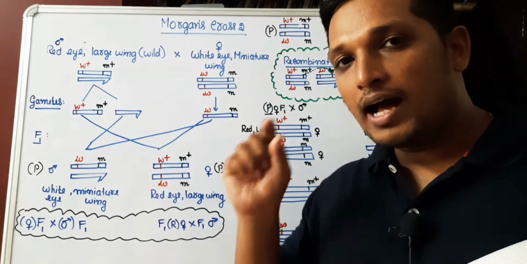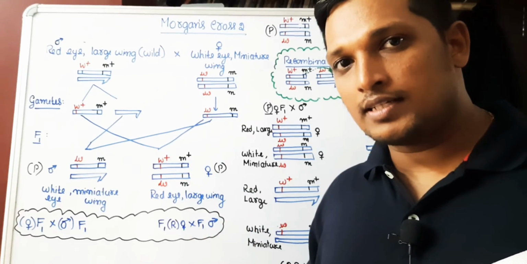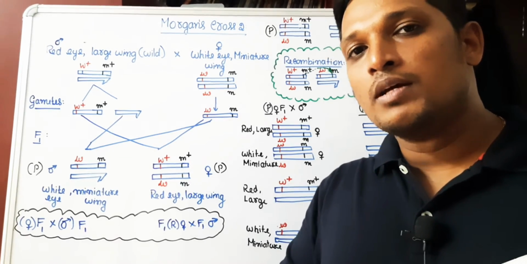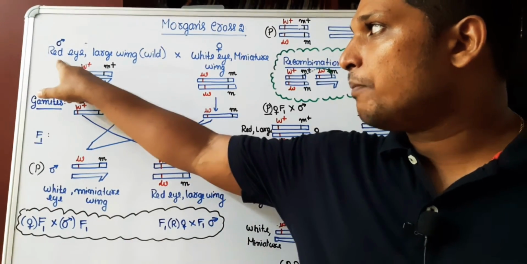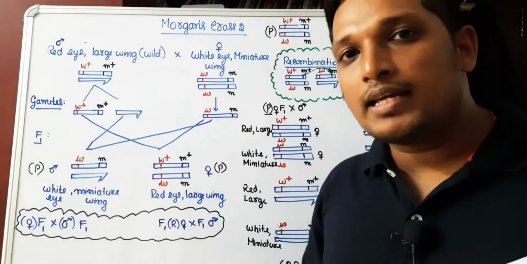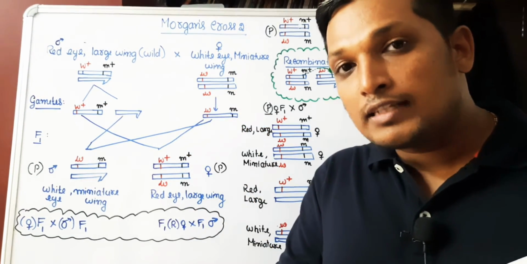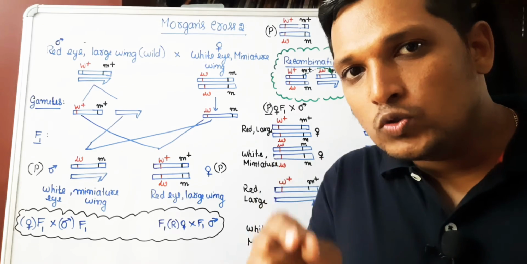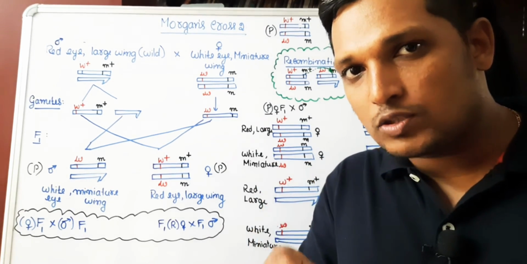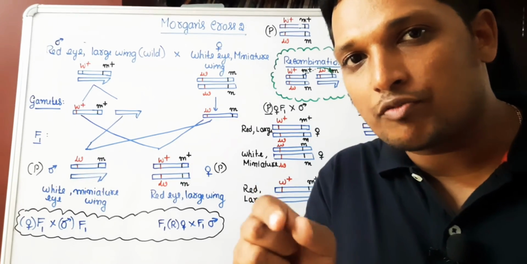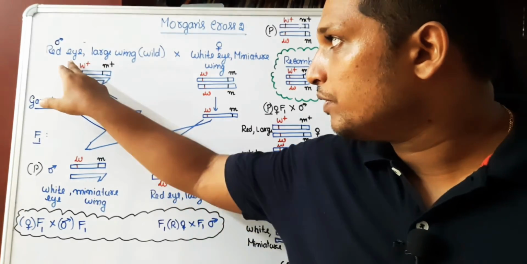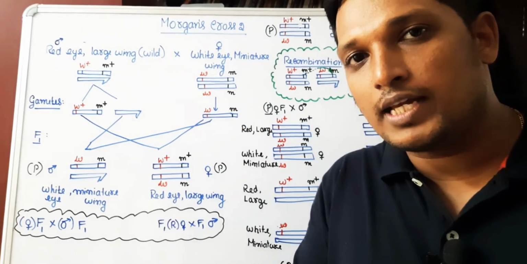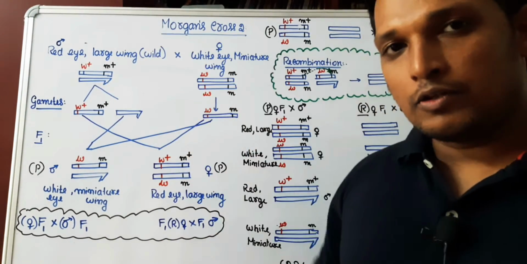In cross 1 he took eye color and body color into consideration, and he found that they were tightly linked genes. As a result, more parental combinations were formed and fewer recombinants were formed. Now in comparison to cross 1, eye color and wing size are slightly loosely linked. Suppose the distance between the two genes of body color and eye color in cross 1 was measured in map units, 7 map units. Now the distance between eye color and wing shape will be more than that, 8 map units, an approximate value. So you have to keep it in mind.